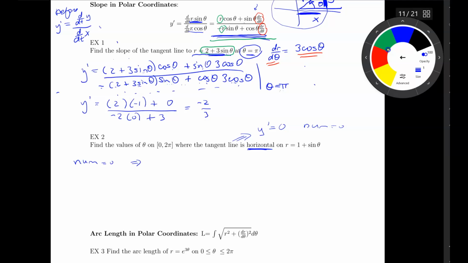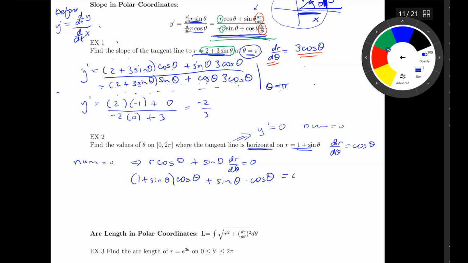So I'm setting r cosine theta plus sine theta times dr d theta equals 0. This is r, so I want to find dr d theta, which is 3 cosine theta, and substitute that in. So r is 2 plus 3 sine theta times cosine of theta plus sine of theta times 3 cosine theta equals